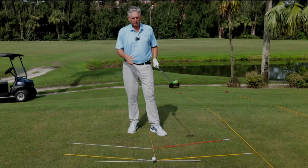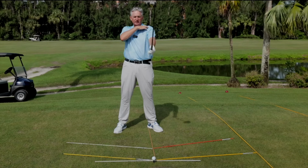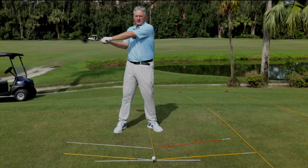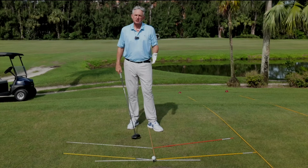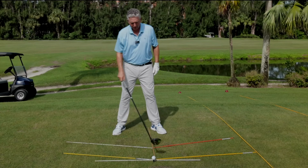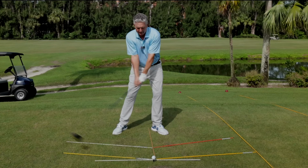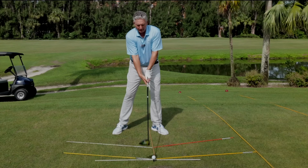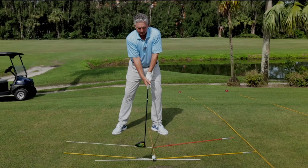So with driver ball position, again, with the understanding now that your left shoulder is the center of the swing, the bottom of the arc and the center of rotation around your body, now you can measure your ball position correctly and you don't have to guess. Okay, so for the driver, why we play it the furthest forward is because we want to have the flattest amount of arc there. We do not want to hit down at the driver. We want to have it flat into the back of the ball. So when I go ahead and hit one here,